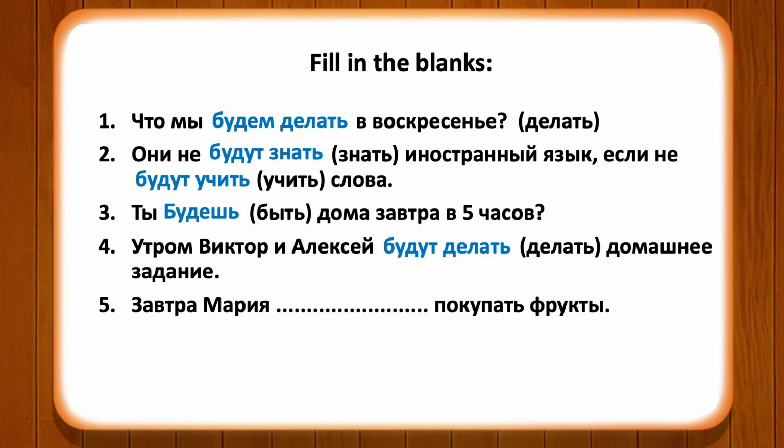In the next sentence, the verb покупать will have to be used in future tense. So, the form of the auxiliary verb быть will be conjugated according to the subject, which is Maria. So, завтра Maria. Maria is a name of a girl. So, the verb быть will be conjugated according to она. So, завтра Maria будет покупать фрукты. So, tomorrow Maria will be buying fruits, or tomorrow Maria will buy fruits.